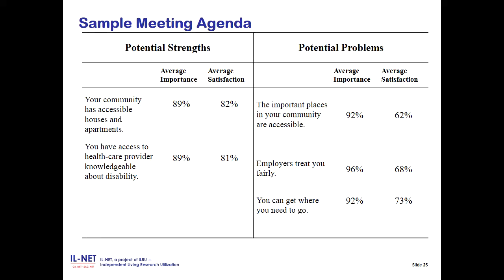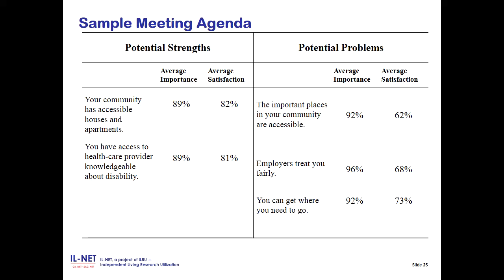So the survey is distributed widely. You get results, you plan them, and you create a sample meeting agenda, on this slide, which lists potential strengths and potential problems. This becomes the agenda for community discussions. There's a structured way of holding these discussions, in which the description of what it means to experience the problem, what are the aspects of the problem, and what are preferred solutions. And as those discussions roll along in community settings, local residents begin to commit to implementing some of those solutions.